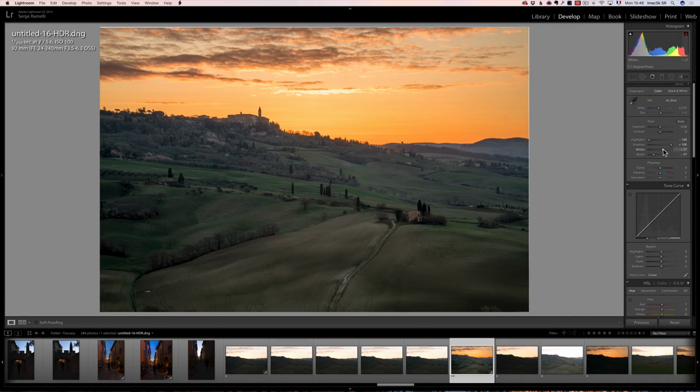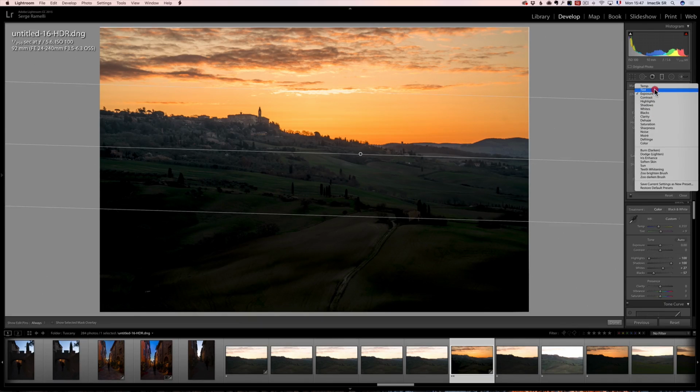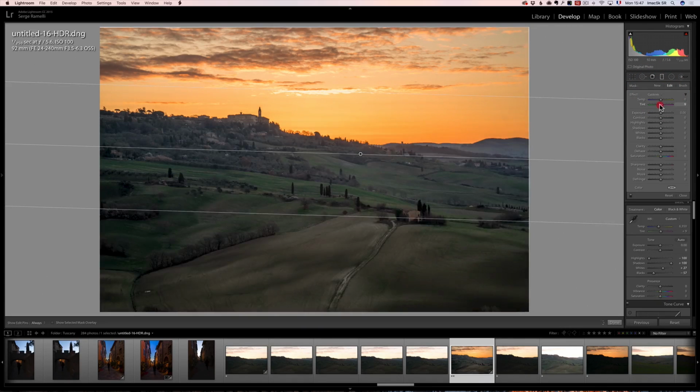And on this photo, I really had a problem because I think the sky is very warm and the bottom is green, but it lacks color. I really wanted the green to come out, so I thought, why not add some green? But if you add some green, it adds green in the sky, and I don't like it. So when you have two white balances like this, you can take the linear tool, go to tint, and add the green just in the bottom and